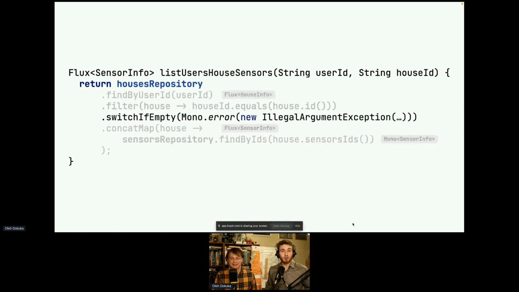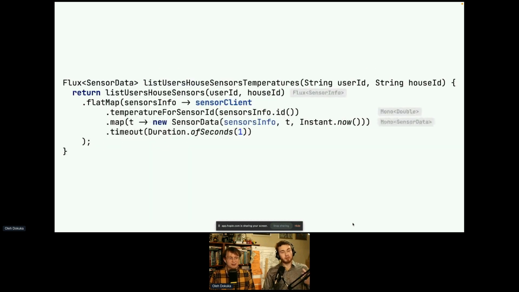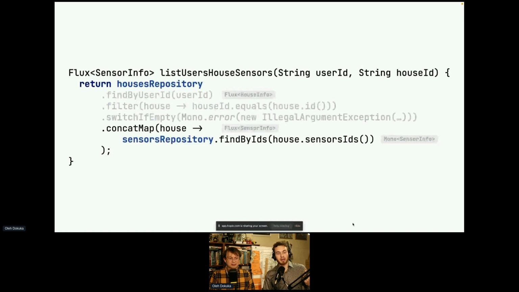Then you have switchIfEmpty, so if nothing is found, since your stream is empty, you can just set an error. Simple. And then you have concatMap: once a house is found, you may transform it into another async call and merge it into your main stream using concatMap. Great. Simple.